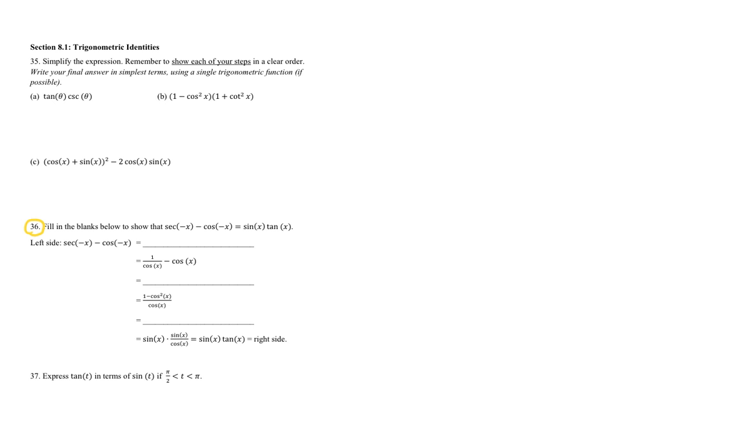Alright, for problem 36, we just need to fill in the blanks to make this left side, secant of negative x minus cosine of negative x, look like the right side, which ends up being sine of x times tangent of x. So, first thing we can do, let's look at this cosine function. Cosine of negative x is the same thing as cosine of x. So we can write this as secant of negative x minus